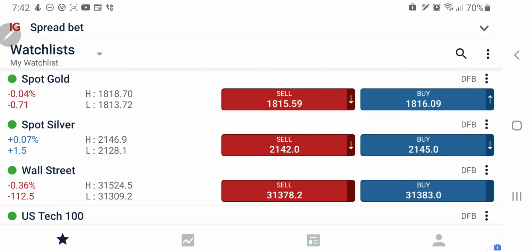Both gold and silver stuck to their support at 1808 and 2130 yesterday and precisely bounced back from those levels. Now what is going to happen today? Which levels we should enter, what could be the probable trading behavior and trading range for these, I am going to tell you with the help of candlestick charts and indicators.